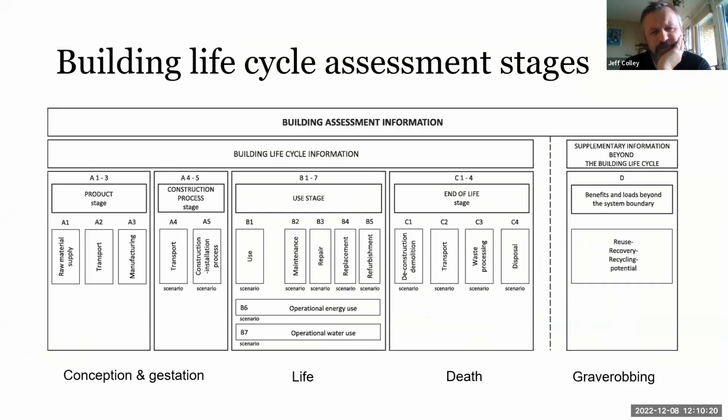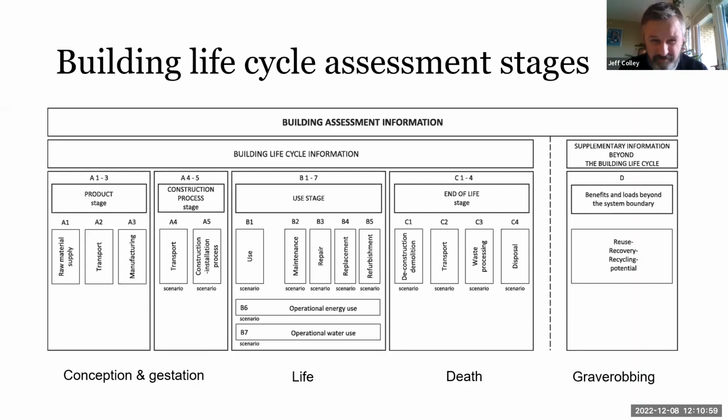Basically, this is the table that you see. The standard table showing the life cycle stages that you have in embodied carbon calculation and life cycle assessment of buildings. I've added these headings at the bottom, and for anyone who wasn't at the AECB conference, we have videos filmed from the conference. One of which was on my presentation, which was like an idiot's guide to embodied carbon. It might be worth checking out for people. We can send a link around, I'm sure. We can put it in the chat